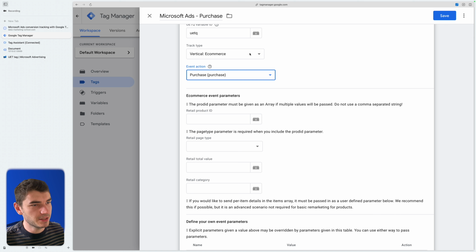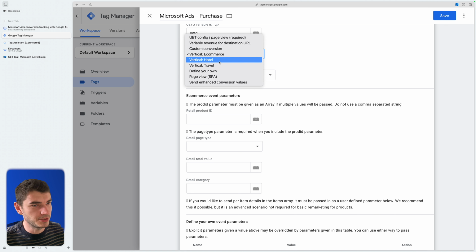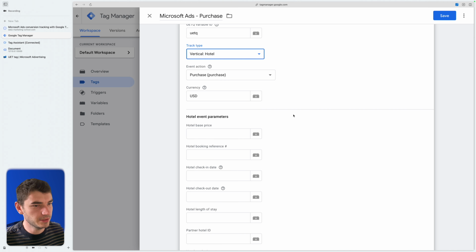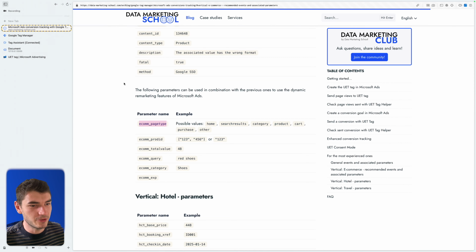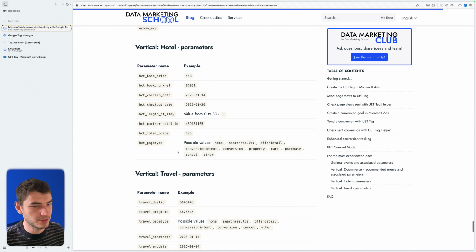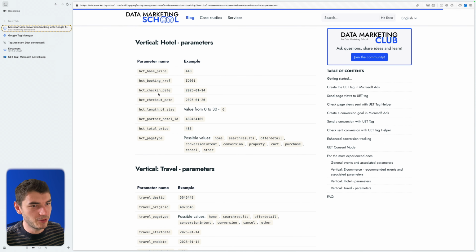And it's basically the same thing per vertical. Let's choose hotel. So you have specific parameters here. You have also a currency field. And if you look at my blog post under the vertical hotel, you have all the corresponding parameters here that you can send inside